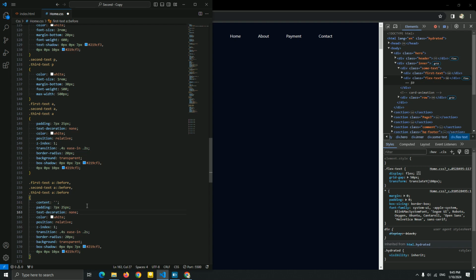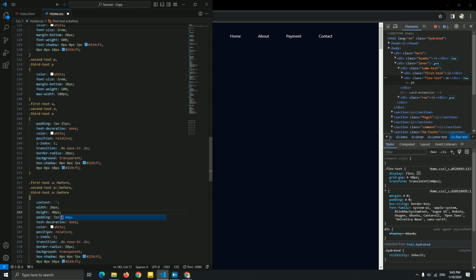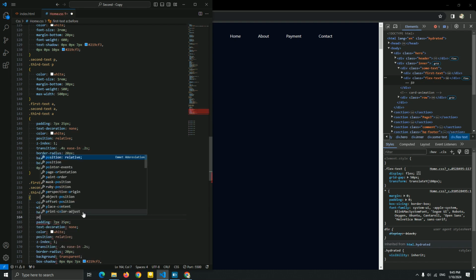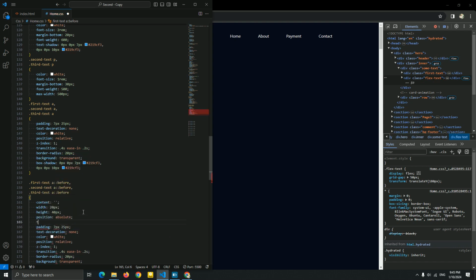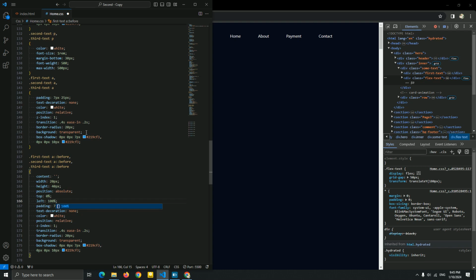And let me just add the width and the height. So width be 20 pixel, height 40 pixel to be a card, and the position absolute, top 0%, left 100%, and let me just add the background and the box shadow.